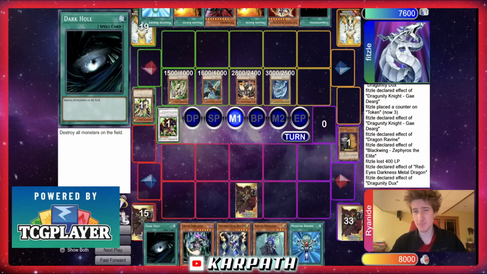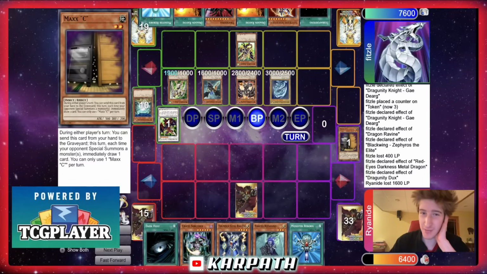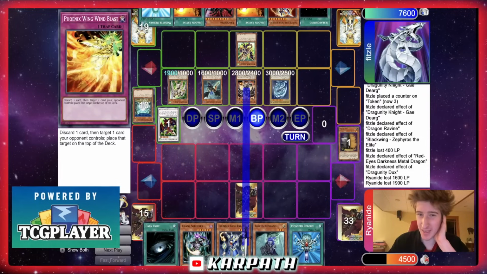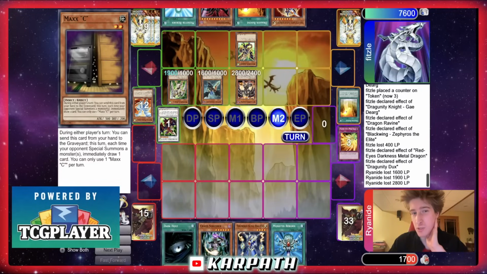Okay. Wait, did he not activate Red Med? I'm confused. Did he not activate Red Med? Or did he, like, choose to Max C on the summon of Red Med? I don't know. It looks like we're dead. No, we have Phoenix Wing. Okay. Okay, we can Phoenix Wing, stay alive, and then Dark Hole...